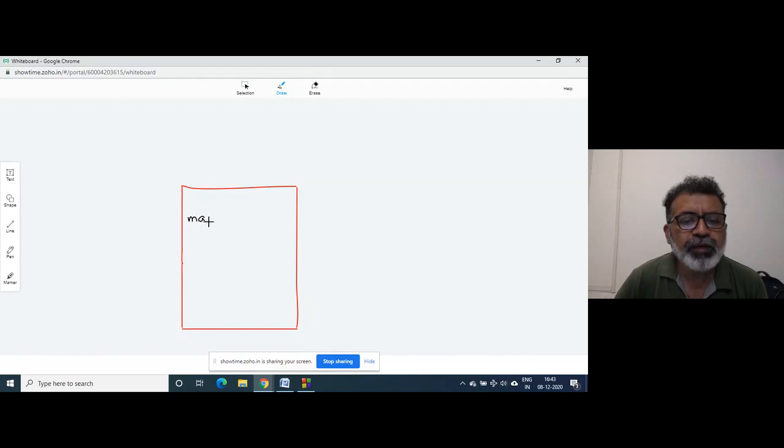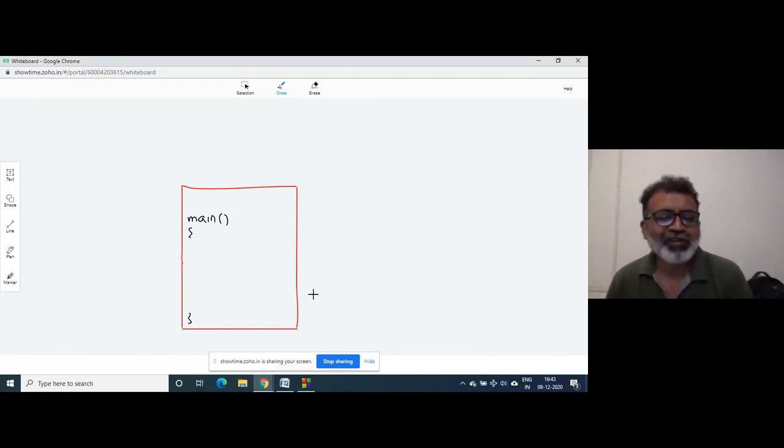Sorry if I fail to write in a neat manner. So there will be a main, right? Very difficult to write this opening curly brace. Okay, this is the closing curly brace. Right? Some new operator is there, which is not on the keyboard.